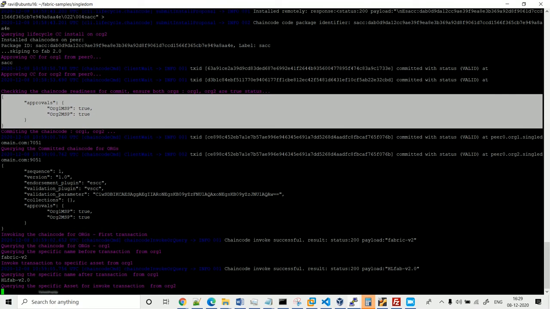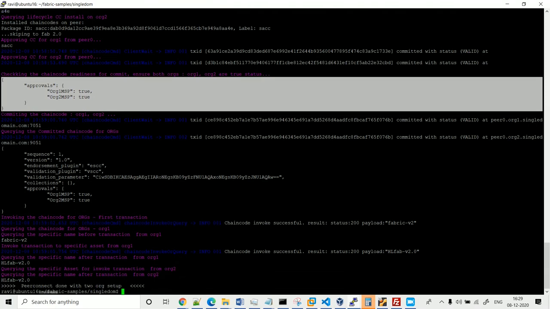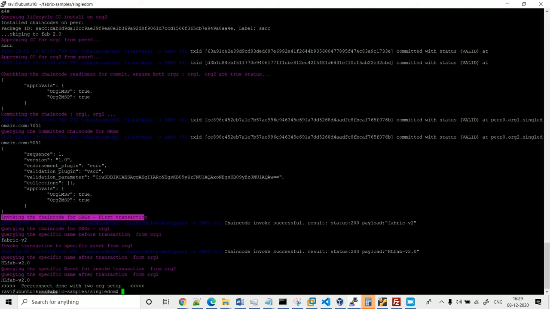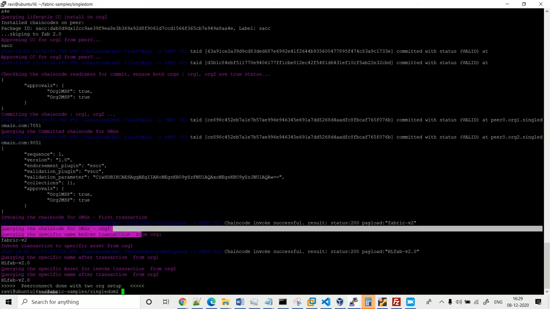So the chaincode was installed on both organization peers, also approved, and also queried from each peer of the organizations, and it also got committed. Now it is executing the transactions.